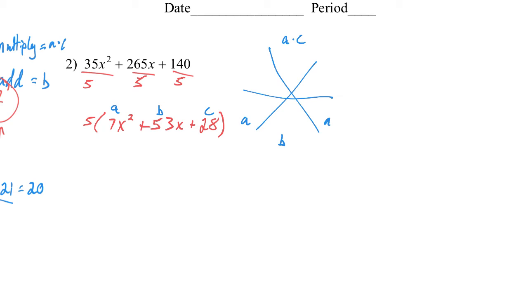So A times C is going to be 7 times 28. It's going to be 196. And then on the bottom is B, so 53. A on the sides, so 7. Okay, so now when it's a big number like 196,